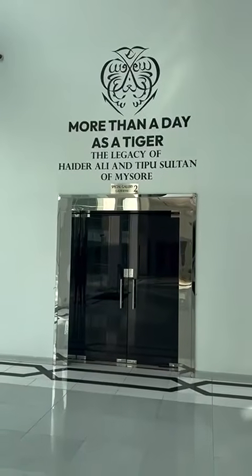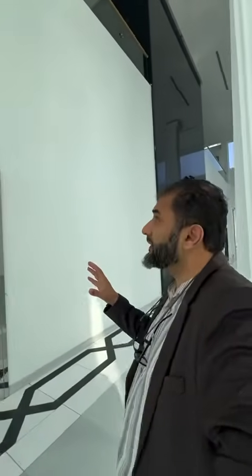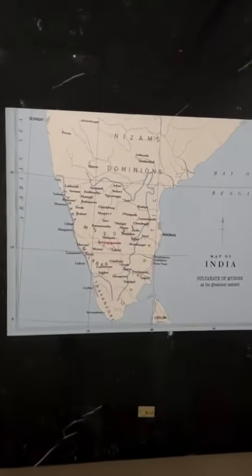Assalamualaikum everyone. I am at this exhibition in Kuala Lumpur, the Museum of Islamic Arts. This exhibition is on Tippu Sultan alone, and you will see very quickly what's inside. There are weapons, there is the history of Tippu Sultan, you can see the timeline, the empire he ruled, amazing